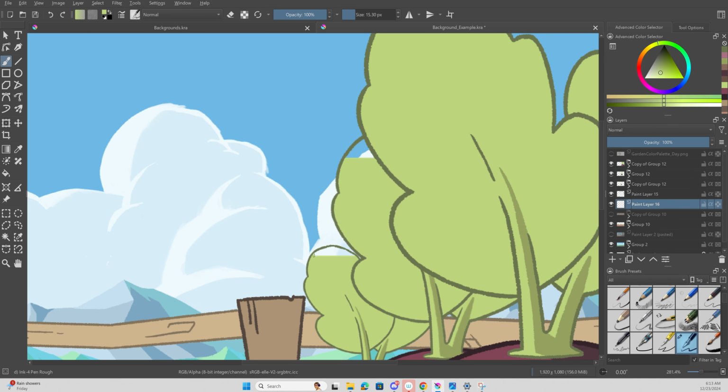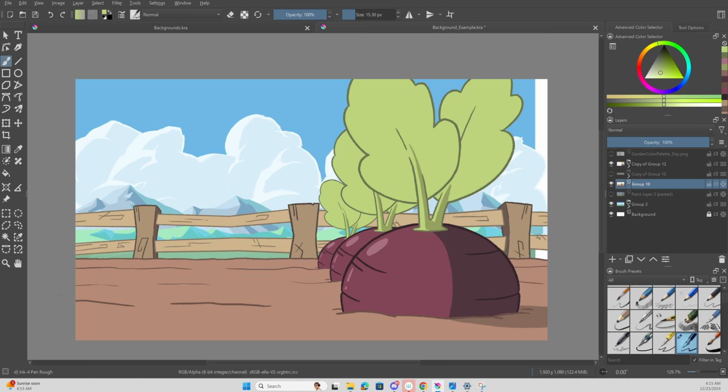Now for this specific shot, the dirt goes into the foreground, but we don't see that. The only way we see that detail of depth is with literally these two dirt mounds right there. These two alone add the depth of where the dirt is, and the beetroot too. So because the foreground line art is on its own separate layer,